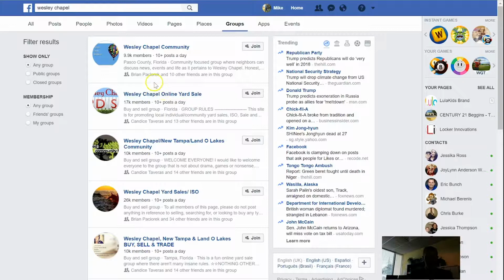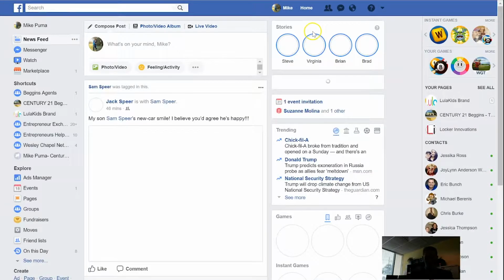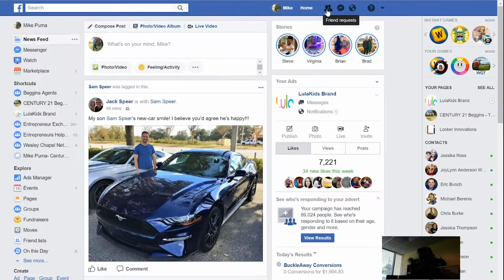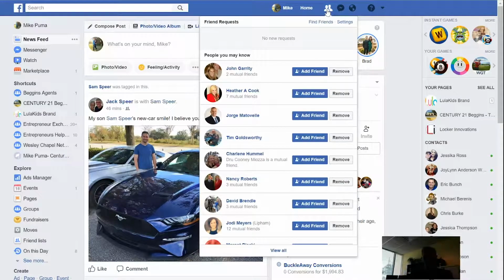So now once I'm in groups, now I can prospect with people. So what I want to do is, Facebook has a very valuable tool to be able to add people every single day, right? So if I come up to this, and we have all gotten friend requests, right? This is where it pops up and a little red button shows up. But if I click on this, even if I don't have it, Facebook gives me people you may know. And it even tells me who and how many people we have in common, right? And some I don't have any. But these are all people based on what I do and who I know, on who might be interested in